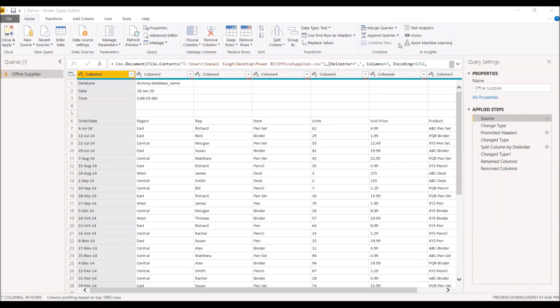At times, you might get data which has some rows which do not add any value to your data set, and thus it is pertinent to delete them. So if you carefully observe the data set which is in the video, my first 5 rows contain the name of the database, the date and time on which this particular table was extracted from the database. And I know that these first 5 rows do not add any value to the data set, and hence I can remove them before I start analyzing the data.